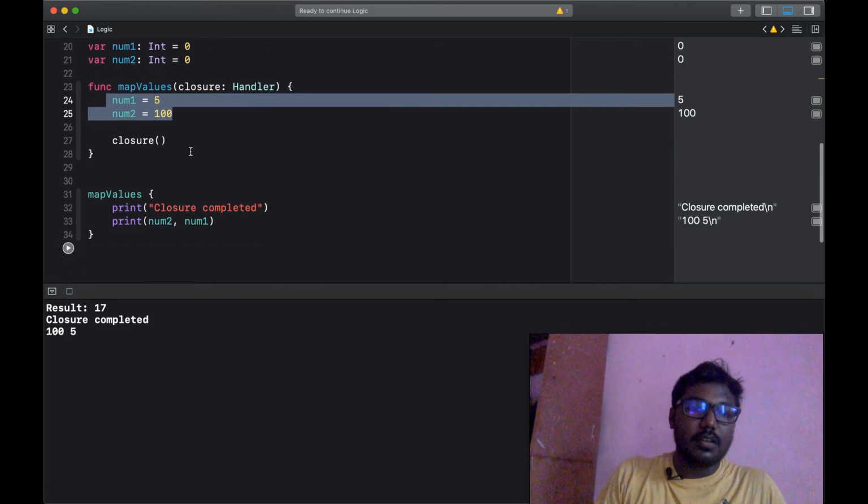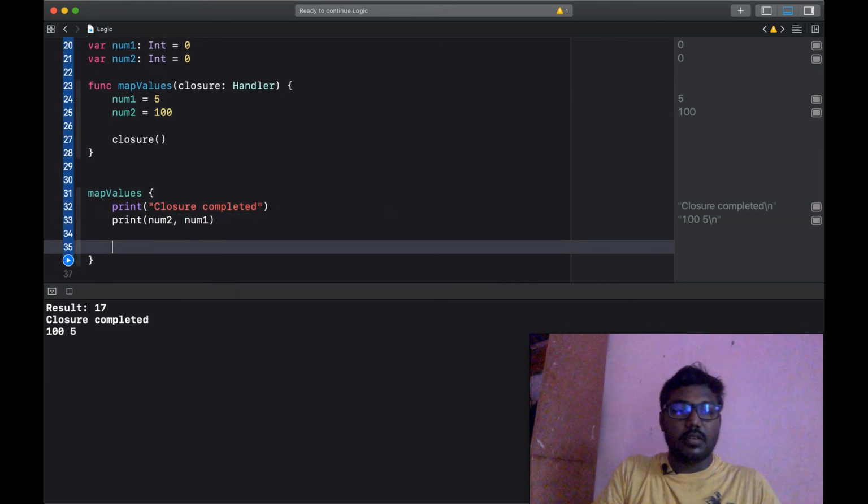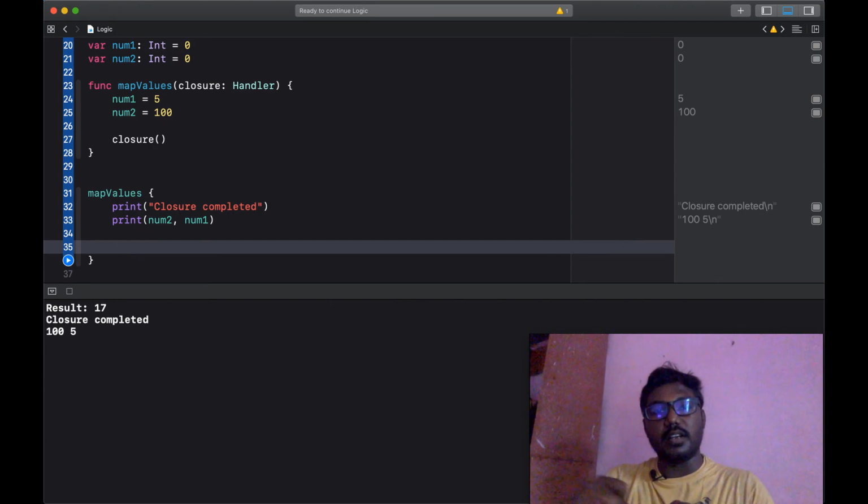After that, once the closure function has completed, we can reload the table view from here. Likewise, we can easily set the data source values to the table view's data source variable and use the table view to reload the values.